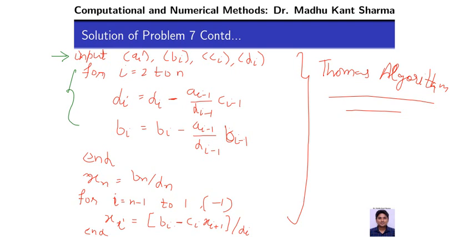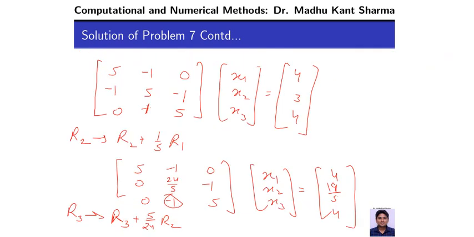Okay, so let's solve the given example. This is the matrix. This is the tridiagonal system we have to solve. To solve this, we have the following. The first step means we are going to create zeros below 5. You need only to create 0 instead of minus 1, because it is already a tridiagonal system. So R2 is changed into R2 plus 1/5 R1. Once you perform this, the reduced system